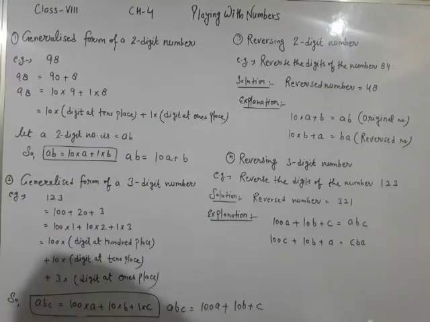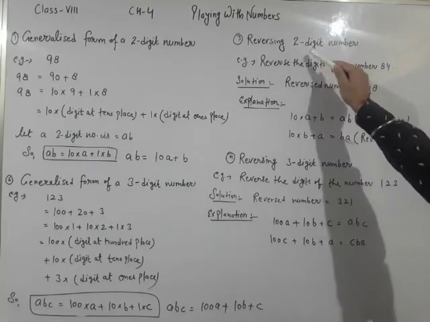Now our next topic is reversing 2-digit and 3-digit numbers. What do you understand by reversing? Reversing means to change the order of the digits. If any digit is written at the ones place, then we have to move that digit to another place. Yes, and